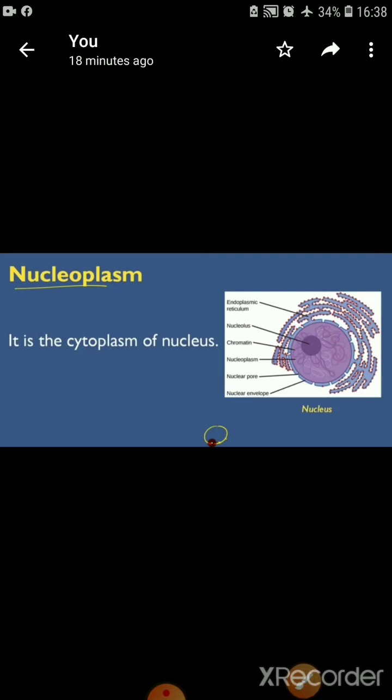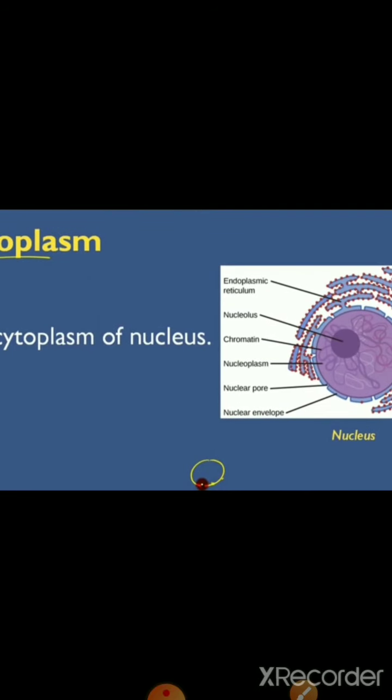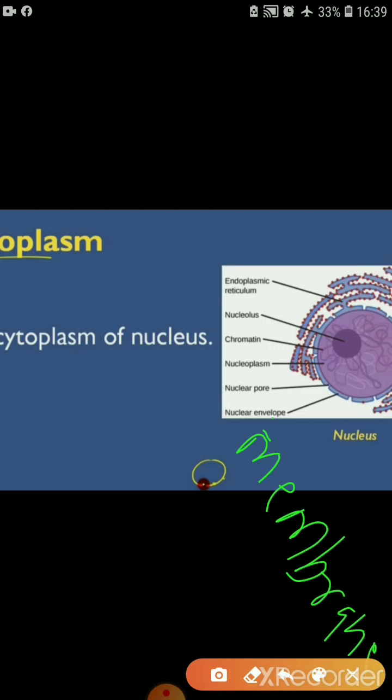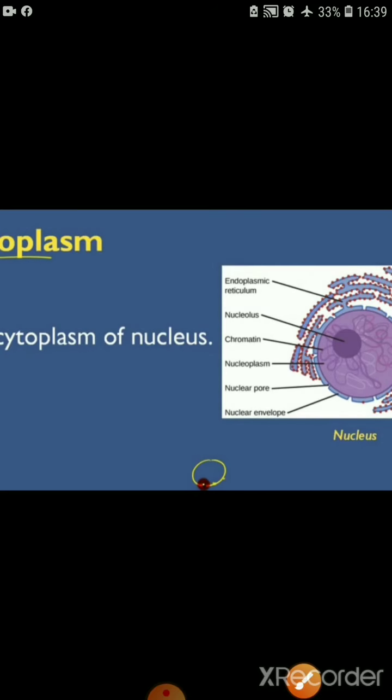Next part that we have studied about a nucleus, that is nucleoplasm. So here we studied about the nuclear envelope, that is nothing, that is only the nuclear membrane. What do we call envelope by another word? Membrane. Next we have talked about nuclear pores which allow selected materials to pass through the nuclear membrane. Next we will study about nucleoplasm.